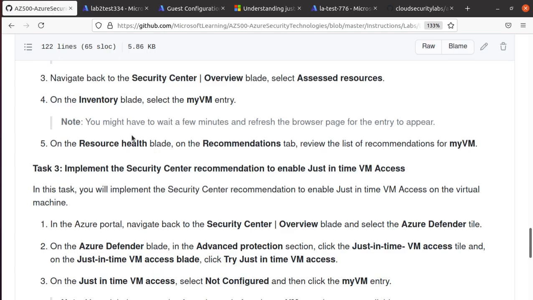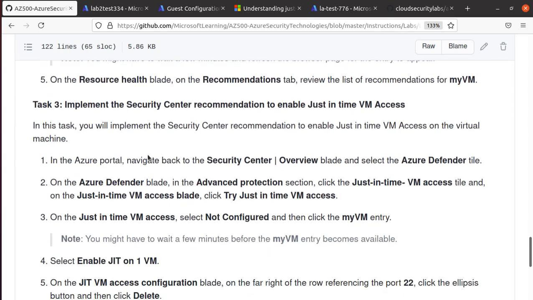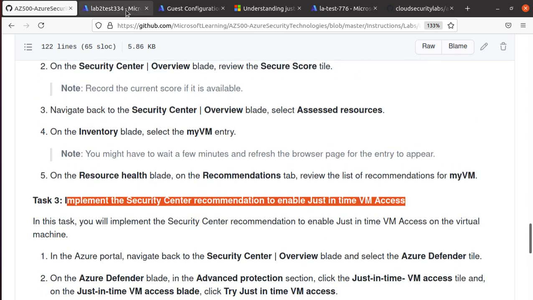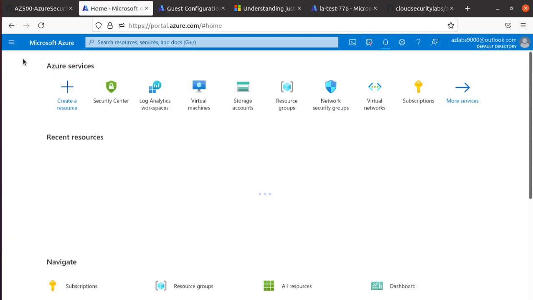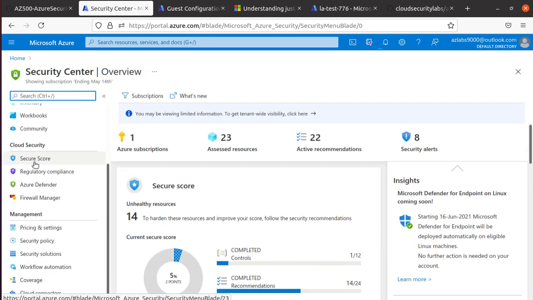So we looked at our recommendations and how to fix some of them, and the last thing we need to do is take a look at how to implement just-in-time VM access. Now there are two different ways you can do that. Since we are working on security center, we'll stick to the security center and come over here, and there should be an advanced feature somewhere